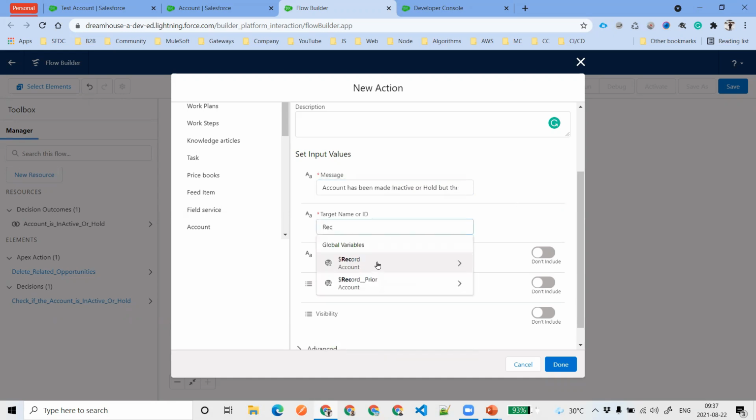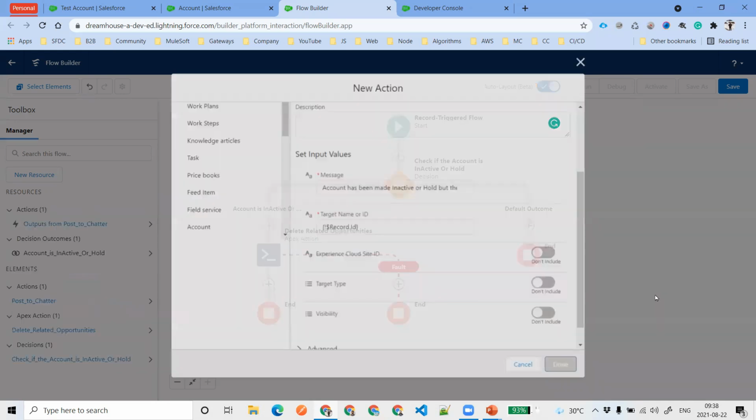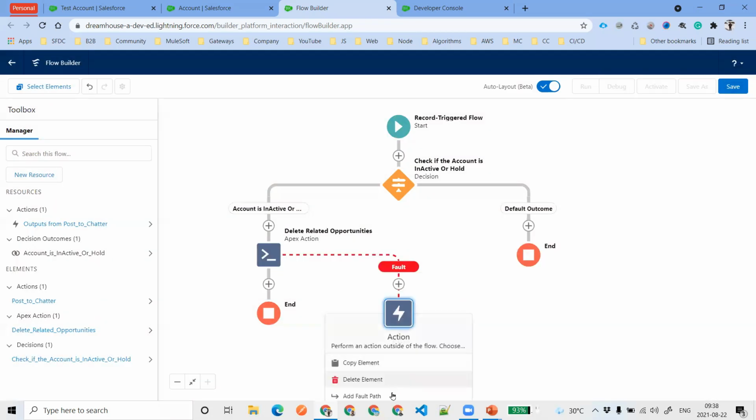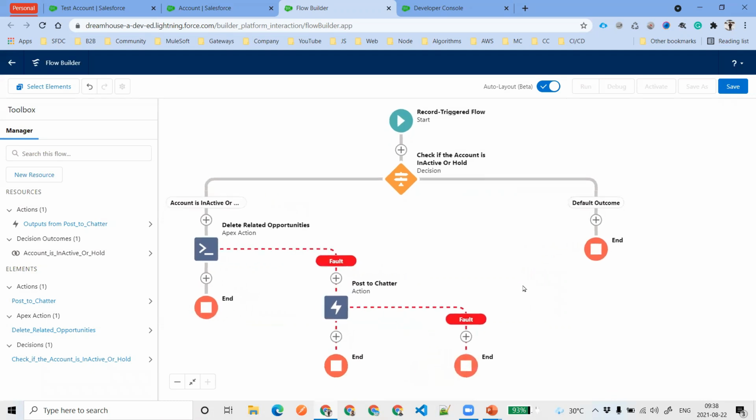The target is going to be our record.id, and done. You can have a fault path over here as well,